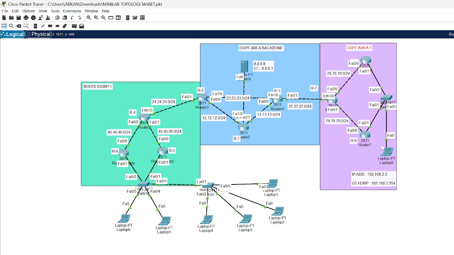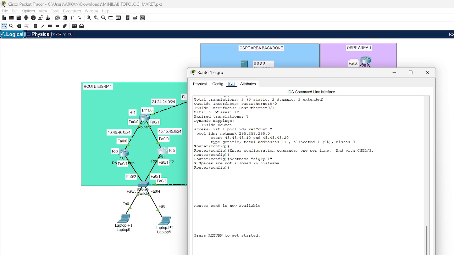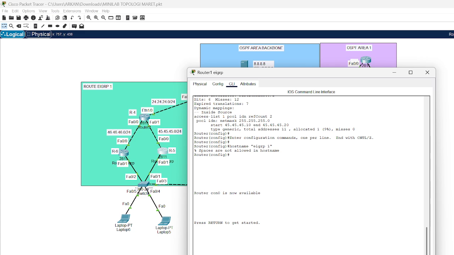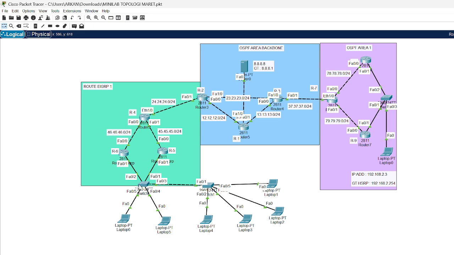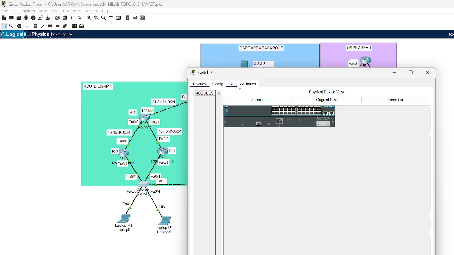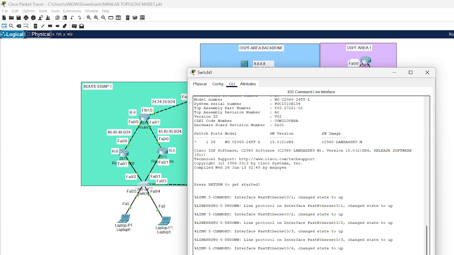Yeah, I show you my configuration in router 5 EIGRP. The first configuration that I make, oh no, not in router, but I make in switch. In switch I make the configuration switchport mode trunk in interface FastEthernet 0/1, and then FastEthernet 0/2, and in FastEthernet 0/3. You can see it.